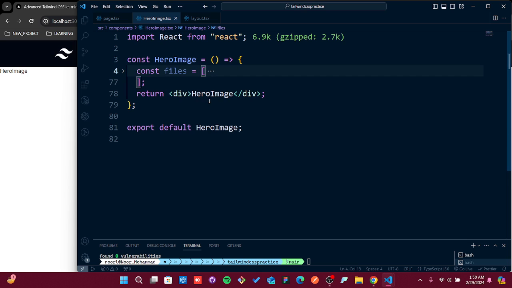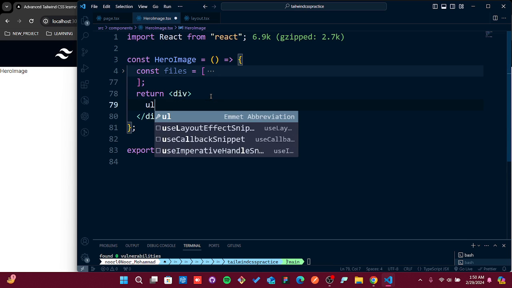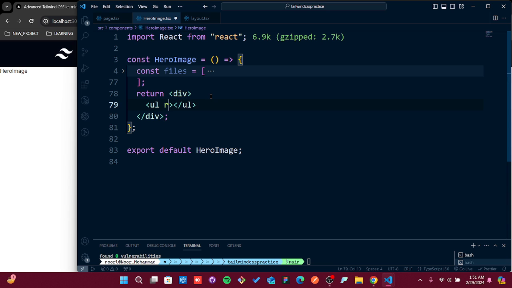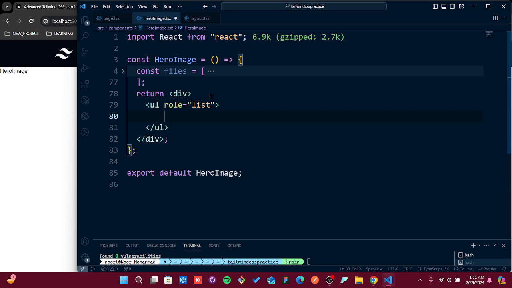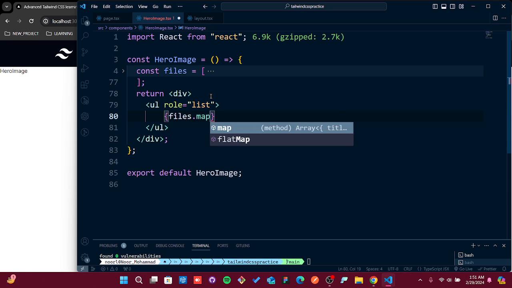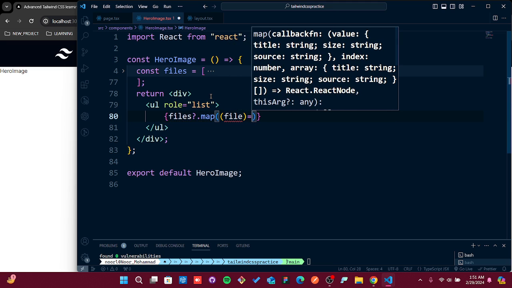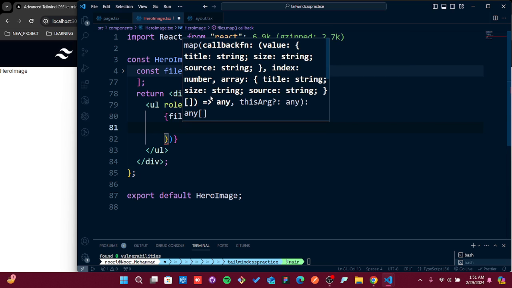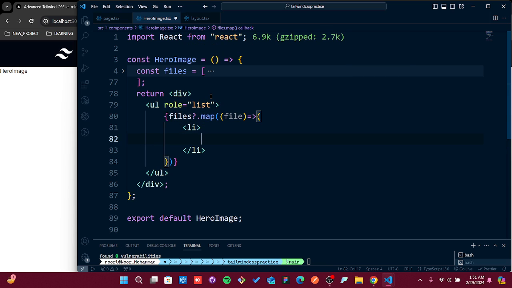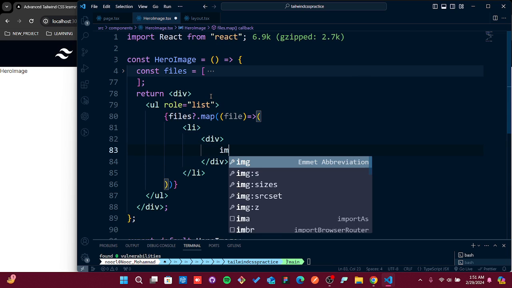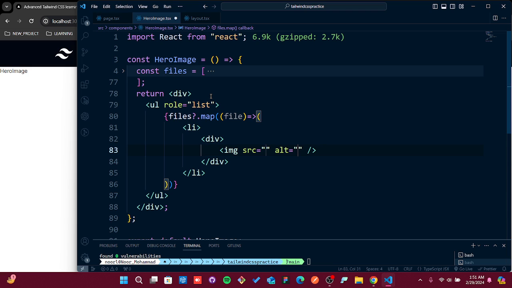And now here in the div, I'm going to take a ul with a role, I'm going to put it as a list. So inside that ul, I'm going to make that files.map. Okay, files.map. So we'll take the file and now I'm going to return that. So I'm going to return a li with a key, and then I'm going to put a div here. Then I will just use a normal HTML